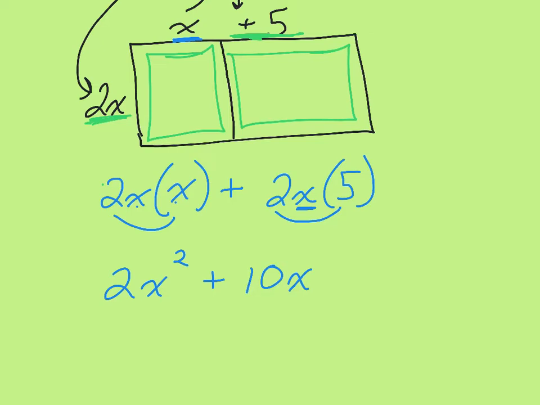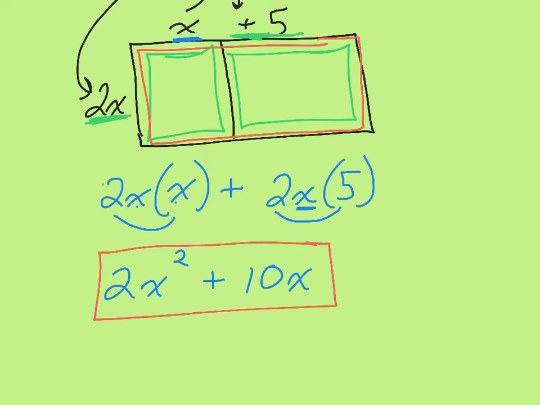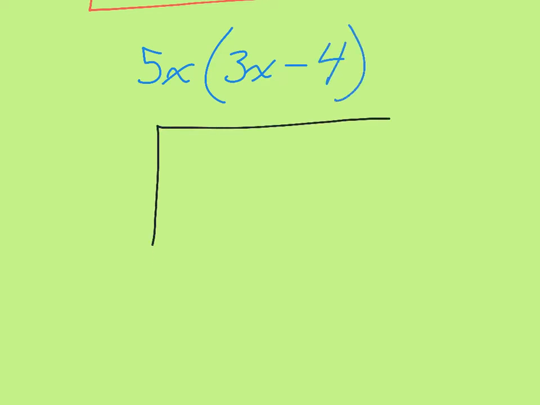Here is the whole rectangle. This whole thing here became this part and this part. That's our area model. Let's try it again. I'm going to take, let's try 5x times, I'll say 3x minus 4. So we're going to draw our big rectangle,